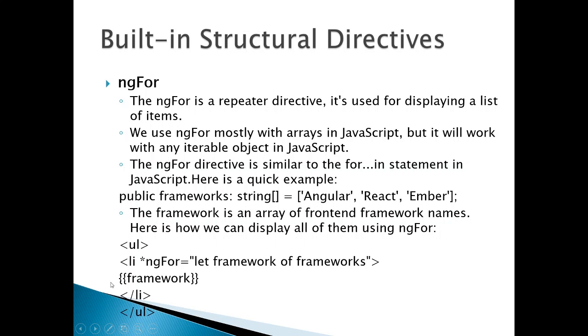So this li will be repeatedly called for every element of the array and print it out on the screen. So by using this, you can apply a for loop in your HTML. We will definitely look into this when we do it practically. It is so simple.